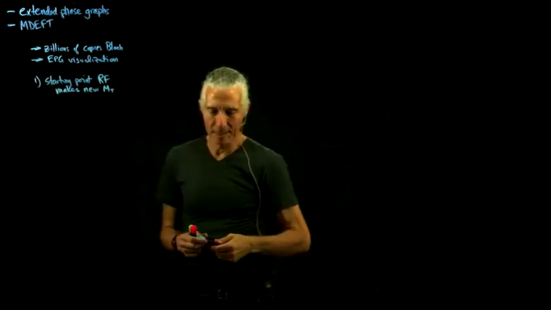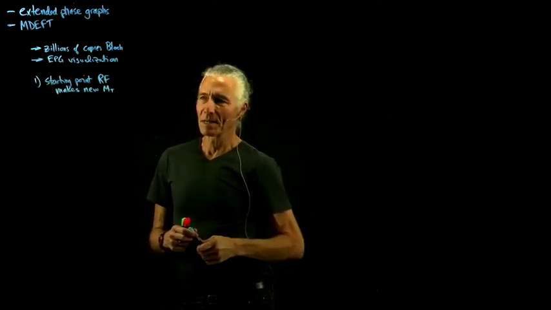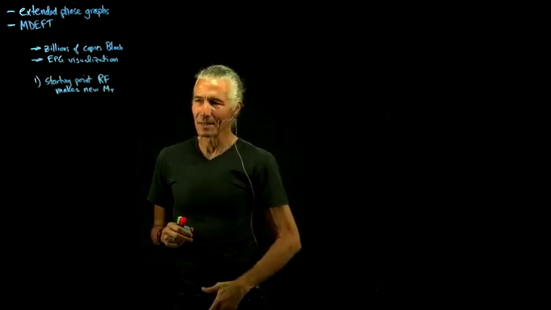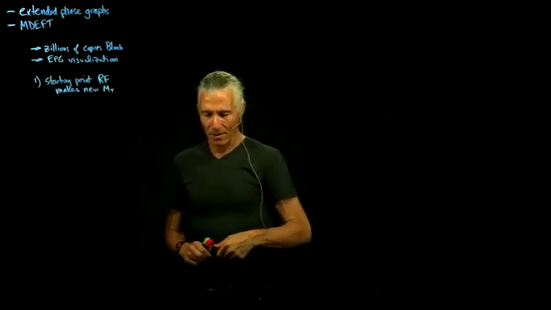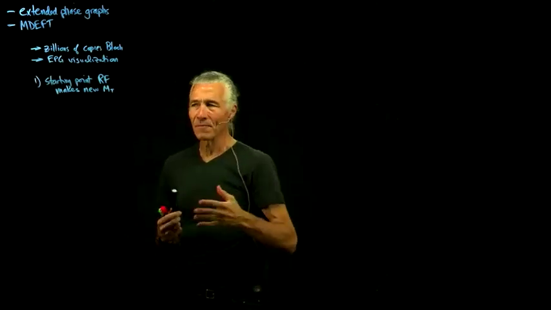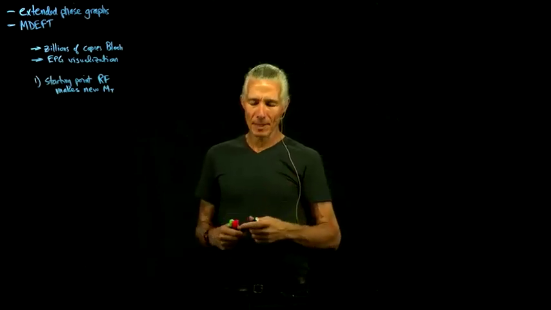But the problem is, if you're doing more than one RF pulse, well, then there's a whole bunch of magnetization already there. And so there's two, and so when we talked a couple times ago about stimulated echo,